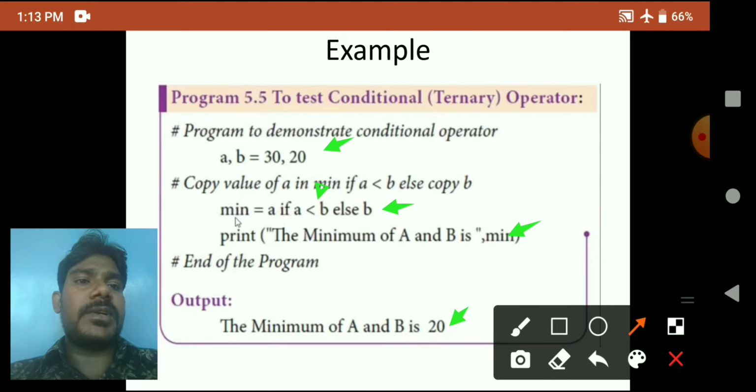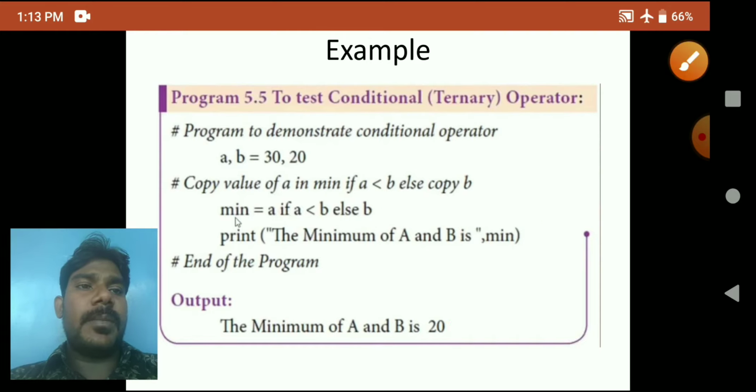This is the way we write the coding of conditional operators or ternary operators in Python programming. We give one condition to find the true or false result. So this is one example of conditional operators.